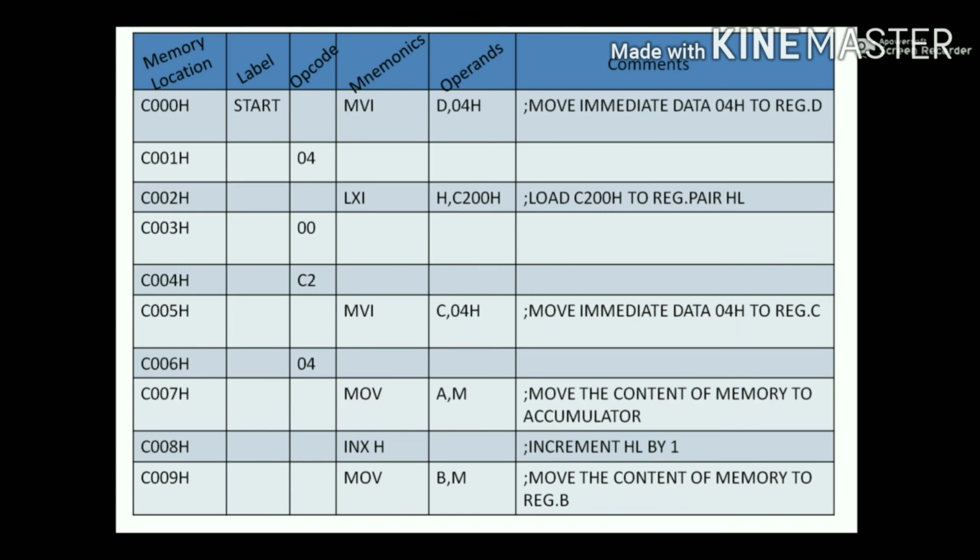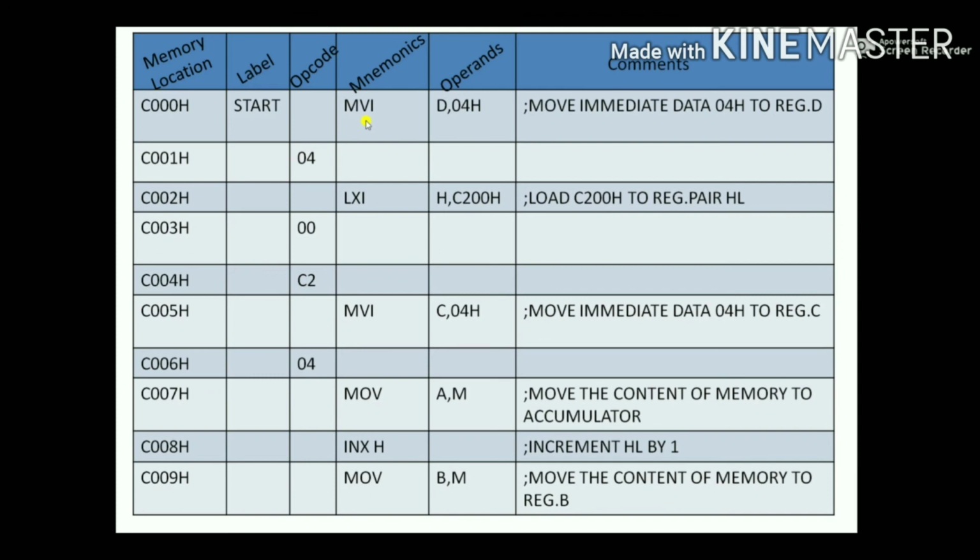Now this program we have to write down in the table format, and we always start at the memory location C00H. These are the columns which we know; we have used this for many programs. So the table will start, and the instructions we have to place, and we should know which are the 2-byte instructions and which are the 3-byte instructions.